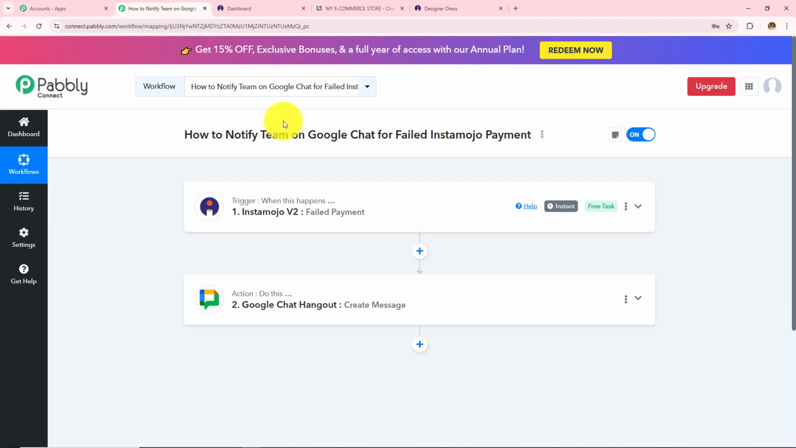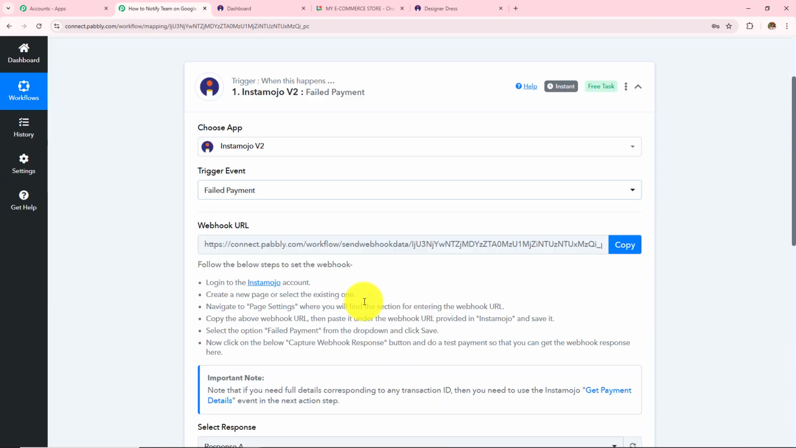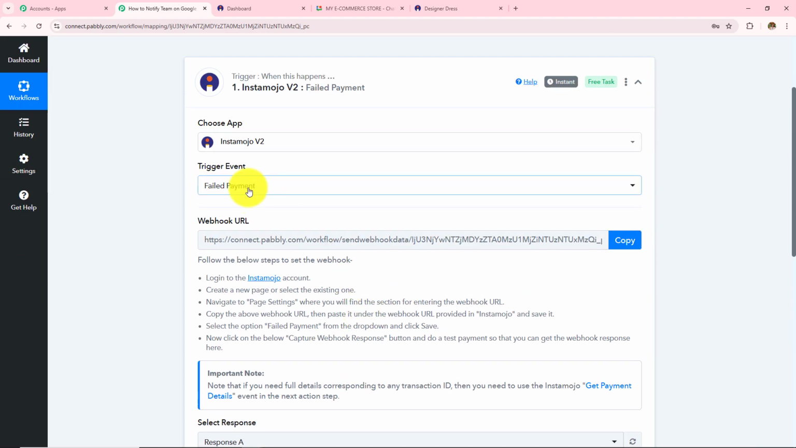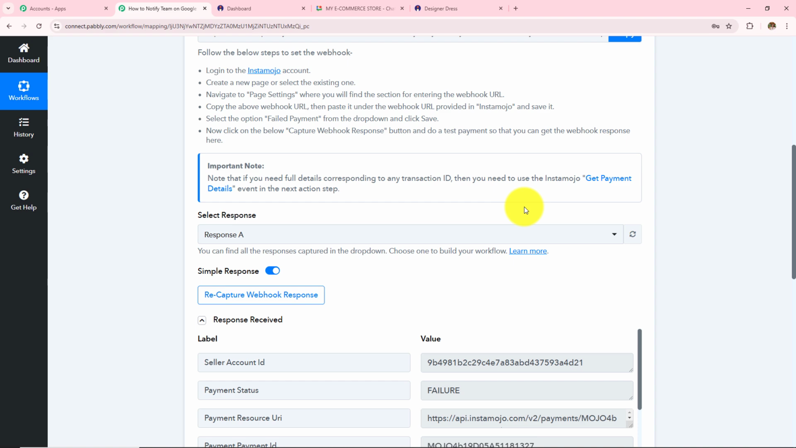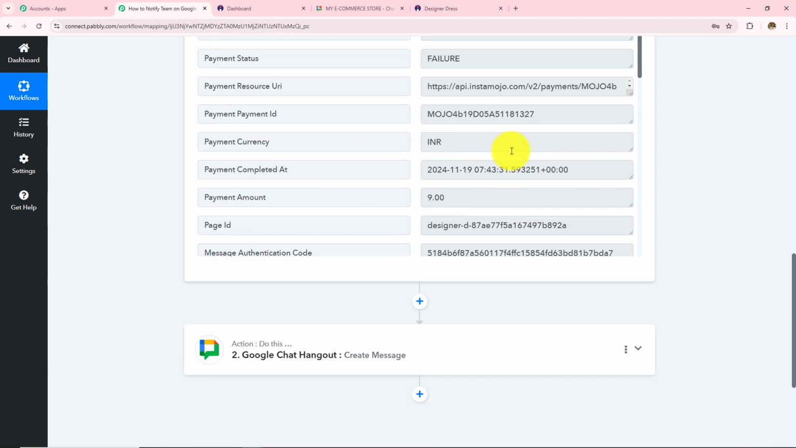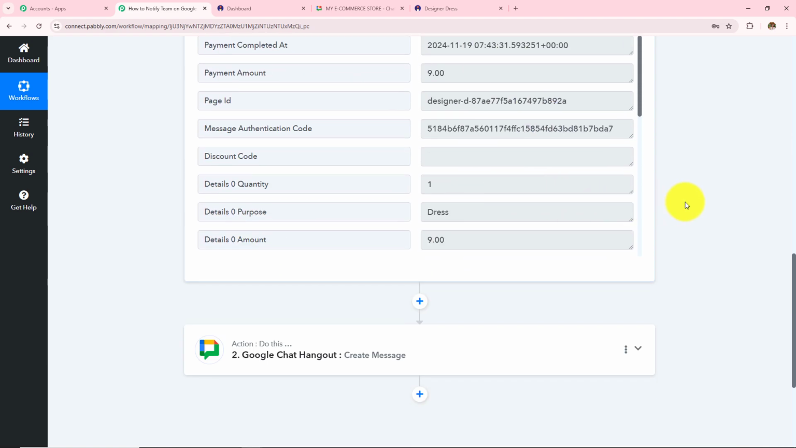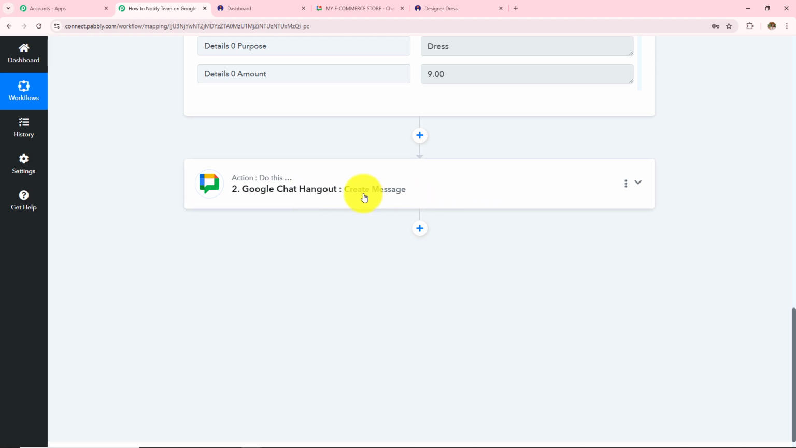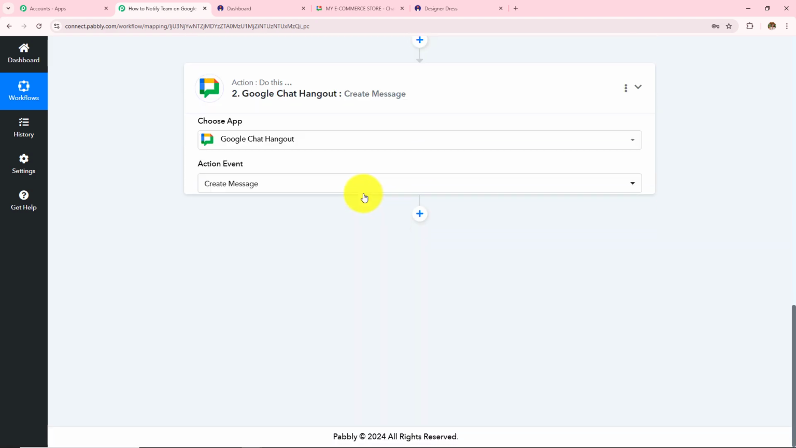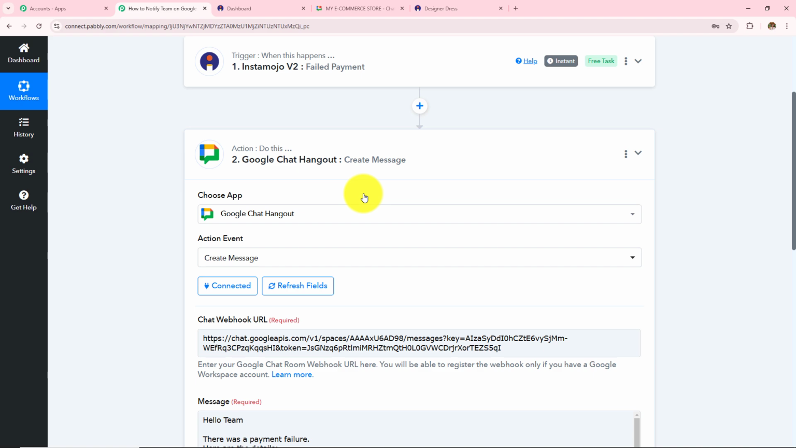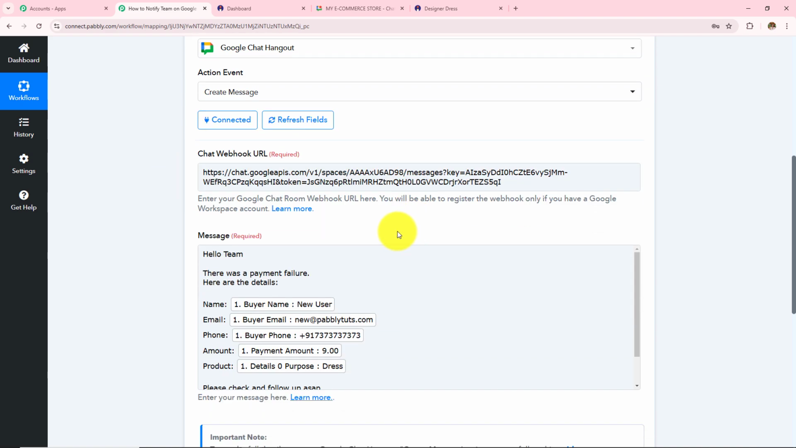So now to summarize, we took Instamojo as our trigger application where we want to take the trigger event as payment failure. Then we made connection with Pabbly Connect with the help of this webhook URL. We made a test failure payment and received the response in Pabbly Connect. After which we moved to the next step where we want to notify our team on Google Chat Hangout. So we took action application as Google Chat Hangout where we entered the chat webhook URL and then drafted the